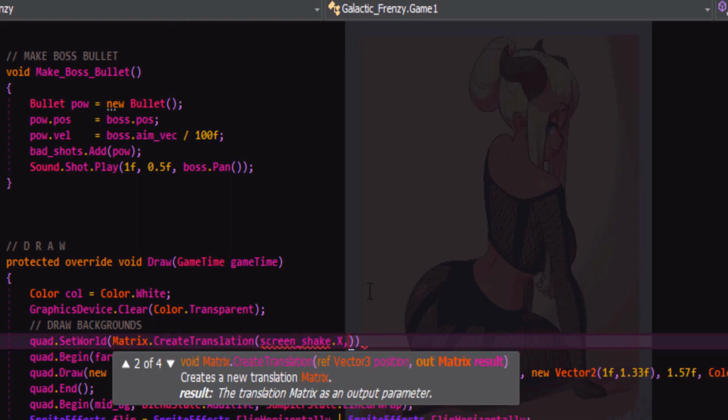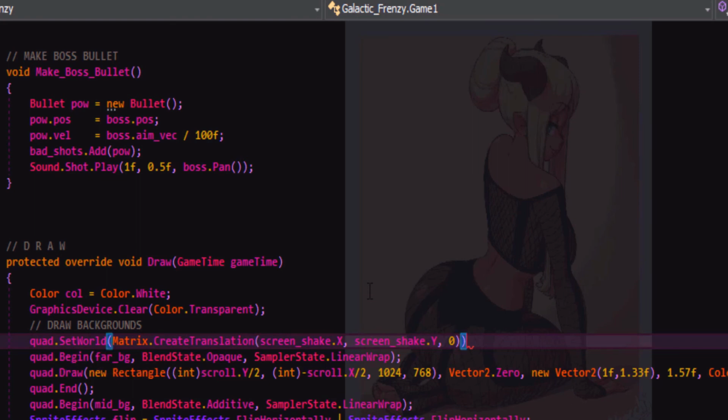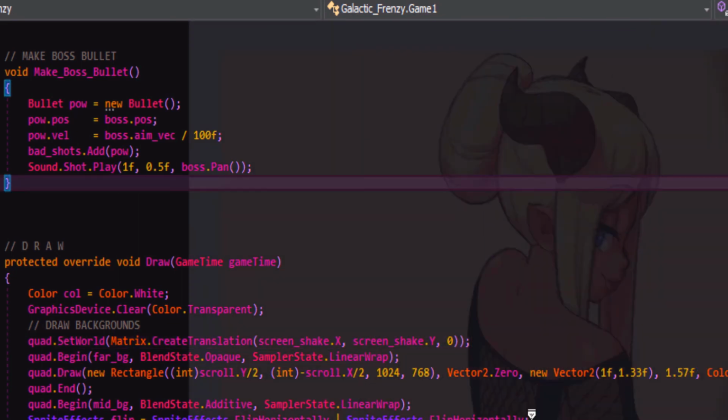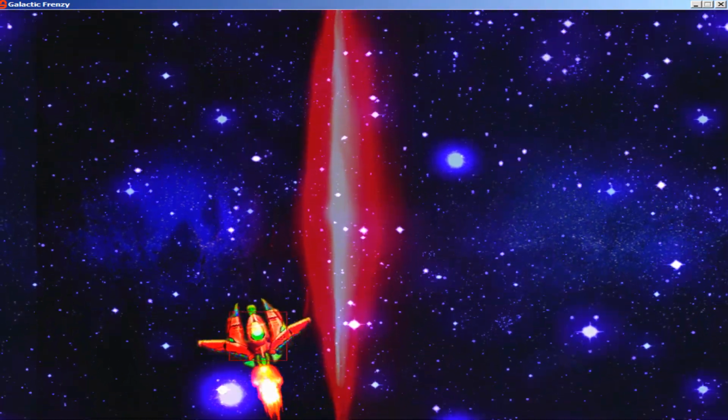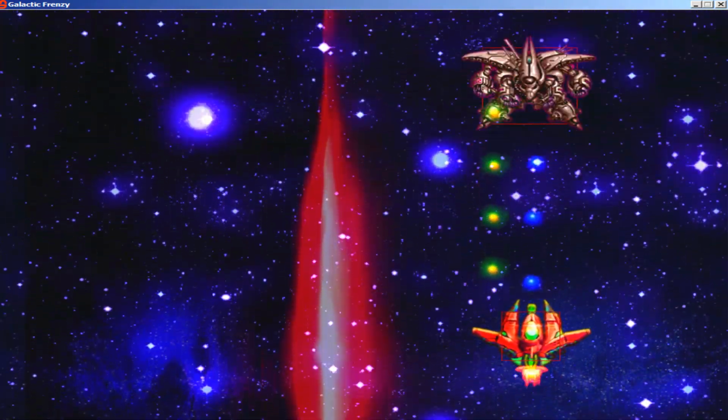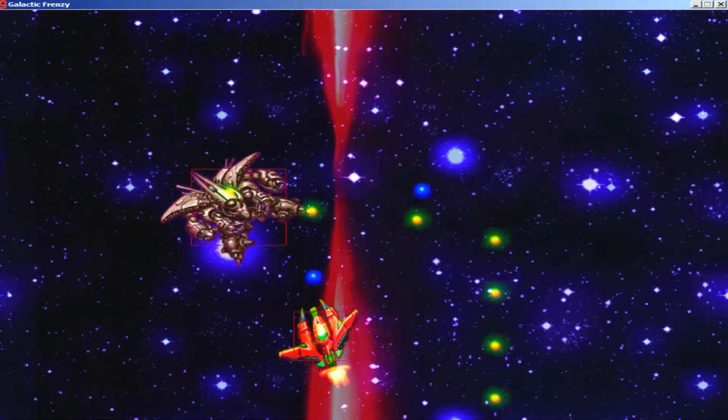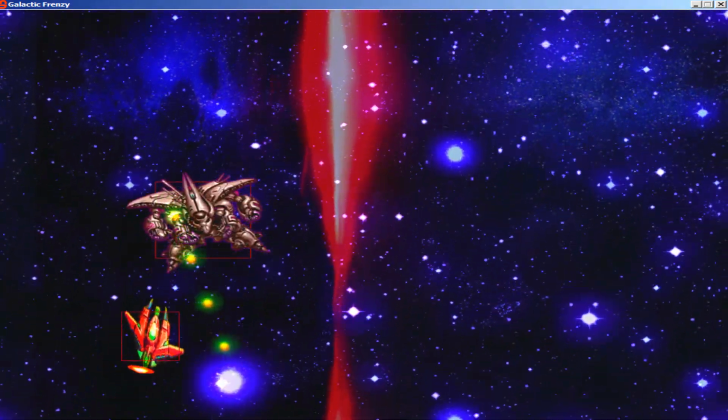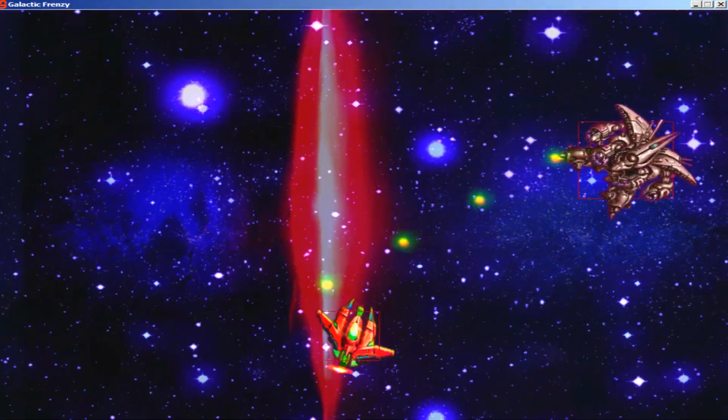And we'll say screenshake.x, screenshake.y, and we're not going to bother with the Z amount, even though we are using a 3D camera. And I think that'll work. So we'll hit F5 and see what we get. Yeah, we get a bit of a shake when we get hit.